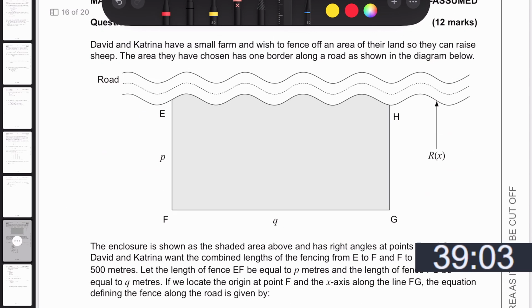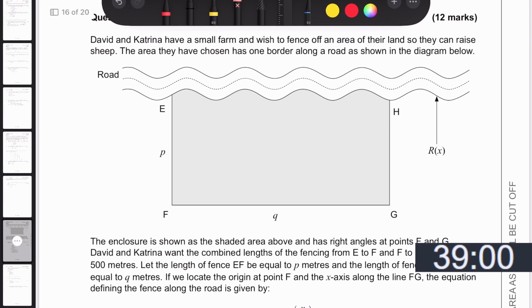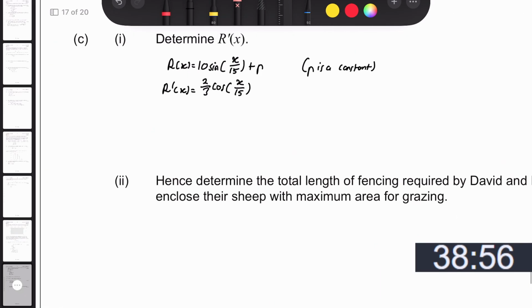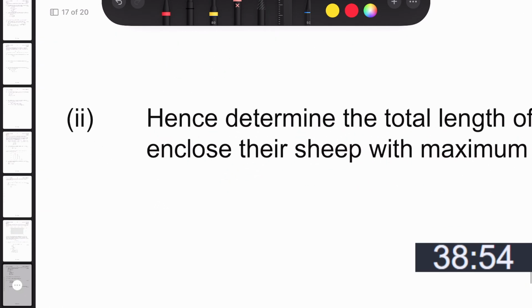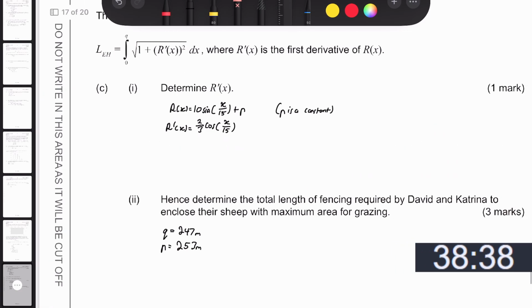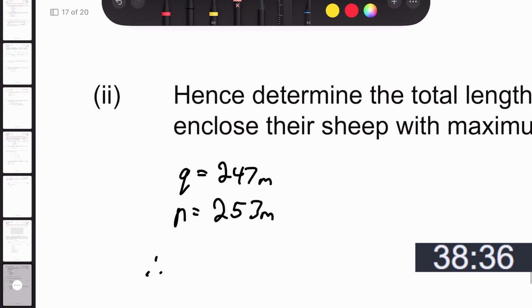E to H, that, P, and then total length. So let's say when q equals 247 meters, p must be 253 meters. Therefore, total length